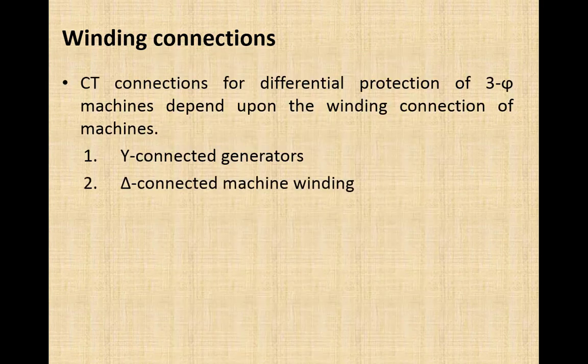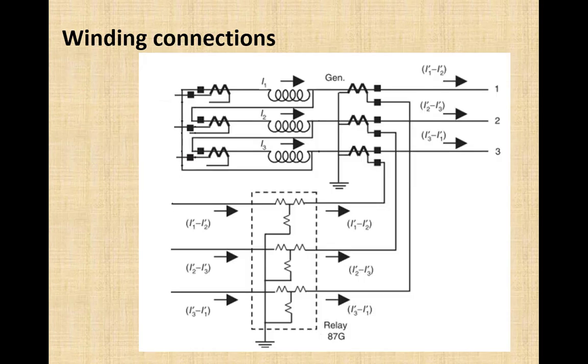Next is the delta connected machine winding. Here is the diagram for the delta connected machine winding. Here I will complete the connection step by step in front of you. The 3 sets of CTs will be provided in the line terminals. So here the primaries of these CTs are carrying the line current of this machine, whether it is a motor or generator. We are not concerned about that. The three other CTs will be added into the delta connected winding, meaning in series with each of these phases.